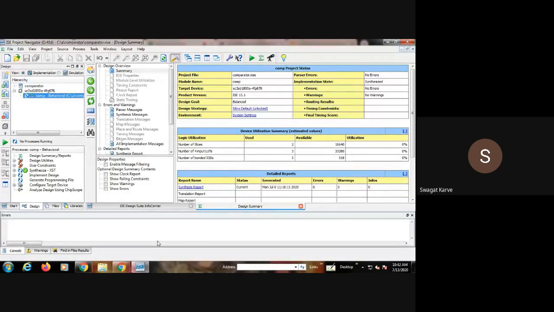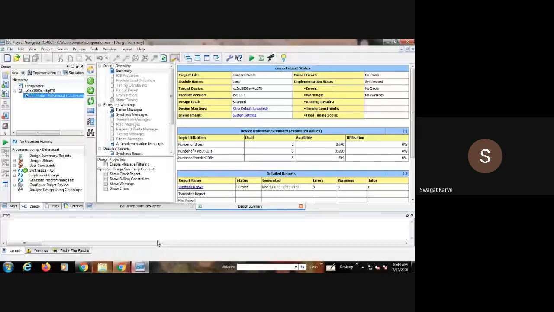We will consider, for example, a 4:1 multiplexer design using a Verilog module, and then a comparator design using a Verilog module. Today we will discuss how to write the Verilog code for the same and how to execute that using this Xilinx simulator. The starting procedure is the same.